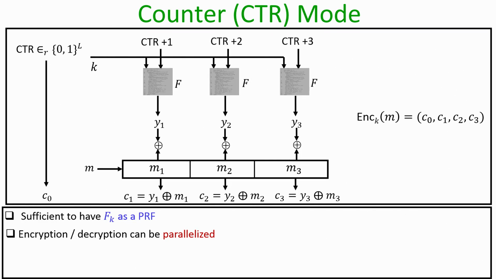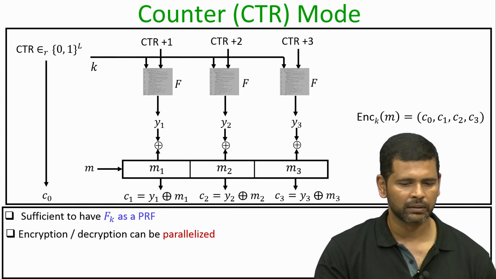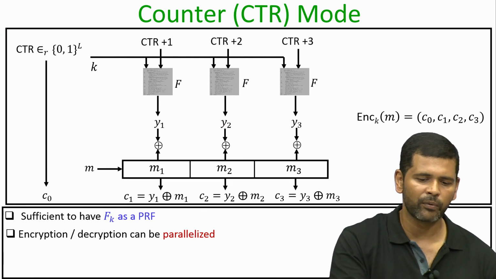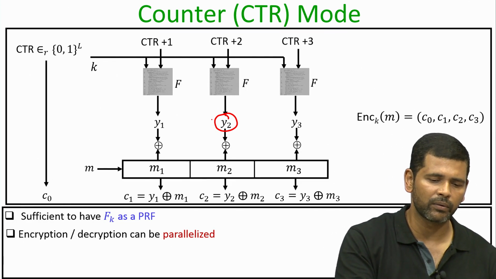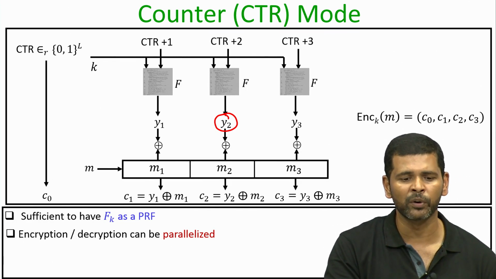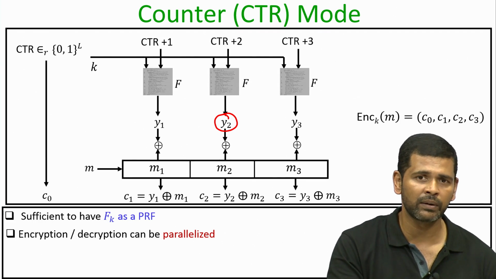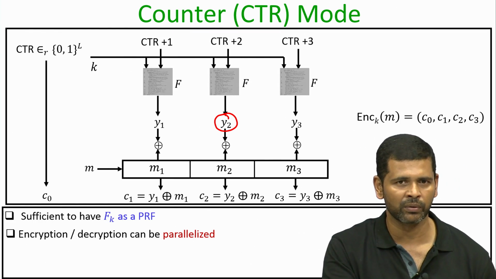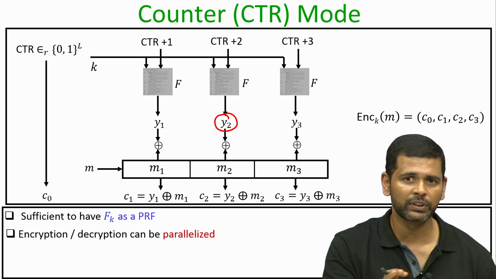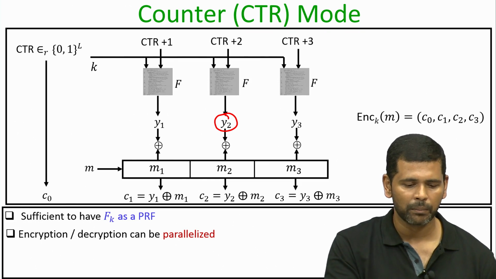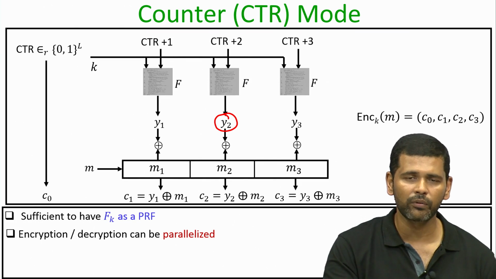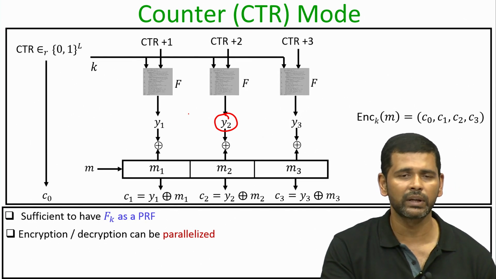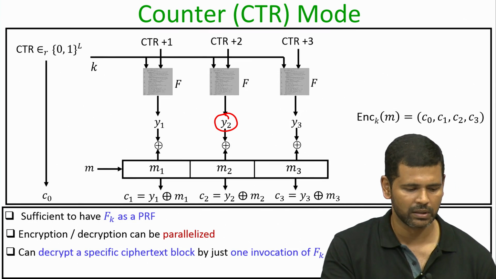More importantly, the encryption as well as decryption can happen in parallel. This is because if you see closely the way we are generating the pseudo random stream of pad, if I want to generate Y2, I do not need to depend on Y1, which was the case in the OFP mode. In the OFP mode, until and unless you generate Y1 you cannot compute Y2, and hence until and unless Y2 is computed you cannot generate Y3 and so on. So, that is why the pseudo random stream of pad generation was not parallelizable. But the way we are generating the pad in the counter mode of operation, Y2 can be generated independently of Y1 and so on. In that sense, both the encryption and the decryption operation can be parallelized, right.